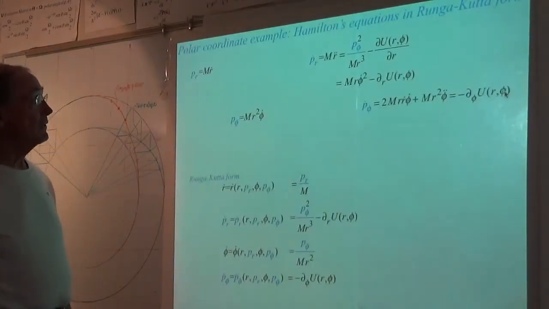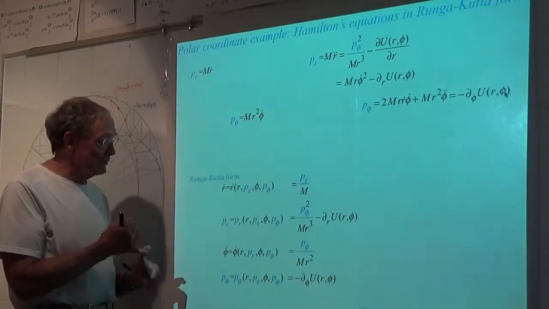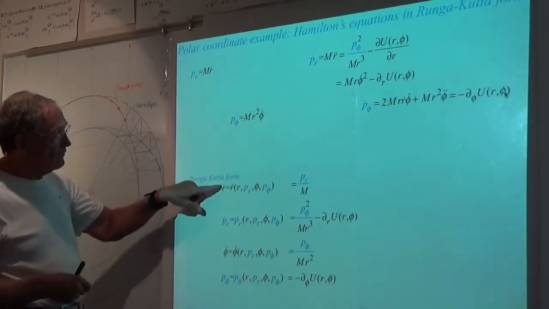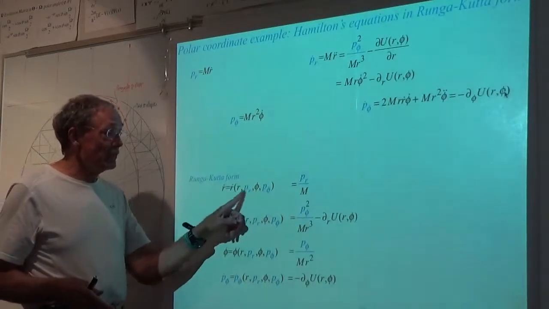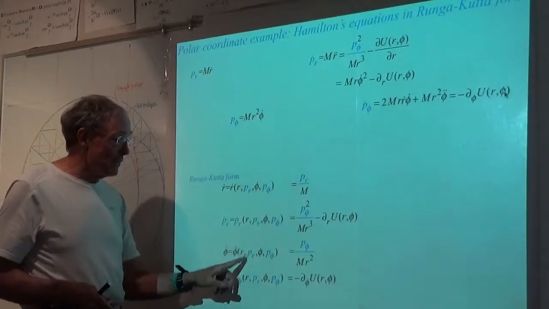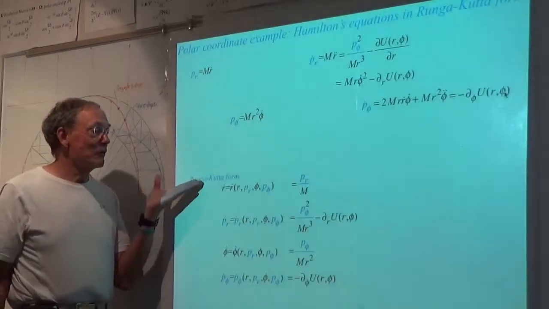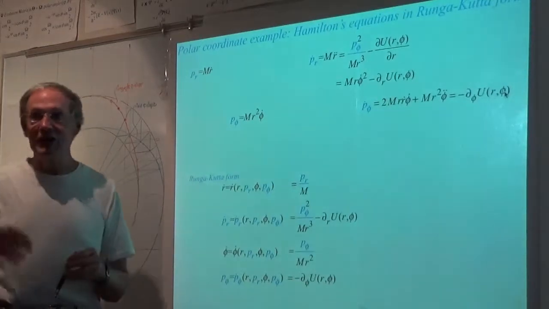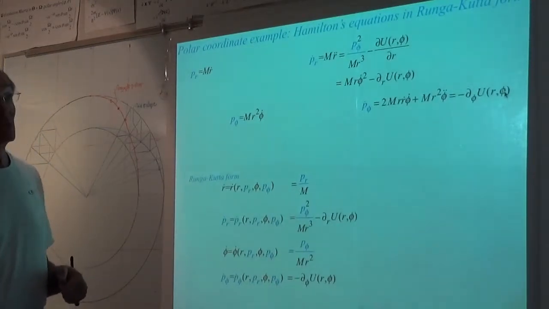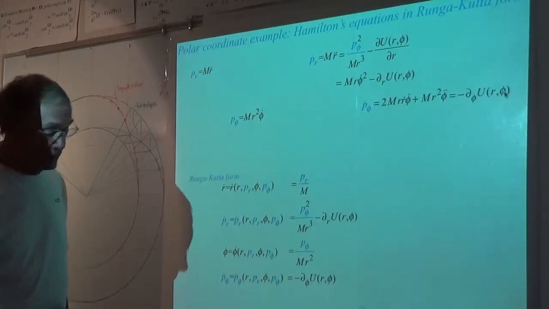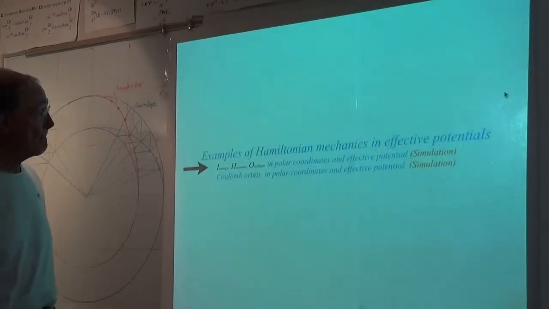Okay, and I want to point out the Runge-Kutta business. Here is Runge-Kutta formed. We've got radius, we've got momentum of the radius, we've got angle, and we've got momentum of the angle. And we've got equations for the first derivatives with respect to time, total time derivatives, of them all, in terms of the variables that we're working with. If you have this form, you're good to go. Then Runge-Kutta, of whatever order, there are all kinds of different correction routines and all sorts of things that we've torn our hair out getting to work. And we're going to be demonstrating some of the older ones in the simulations we look at. But that is your ticket to the workhorse of numerical analysis for mechanics problems and a lot of other things